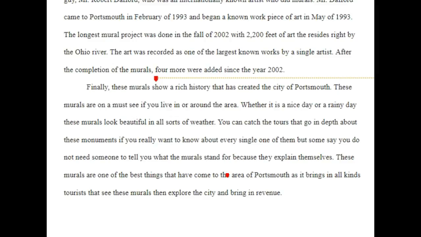I'm happy to help you figure out how to do some of that. Think about the murals a bit. Choose two that you think are trying to get a message across about the town. And I'd be happy to sit down with you and brainstorm that. I know the Writing Center could also help. It might also help you with your homework grade in the class, get a little extra credit. But talk to somebody about what you think they're trying to get across and how they're trying to get it across. And that I think is going to get you a little more on the right track for this kind of assignment.